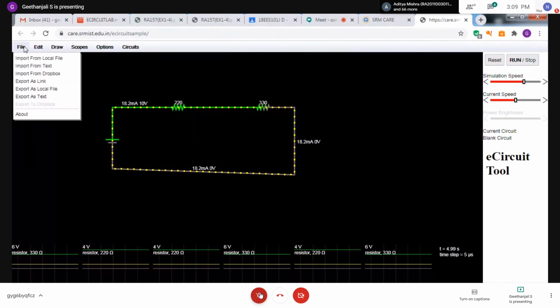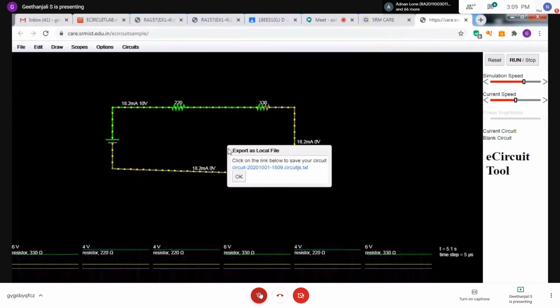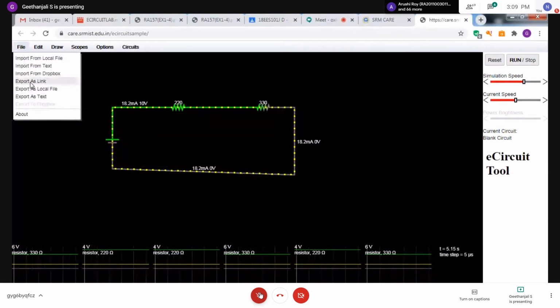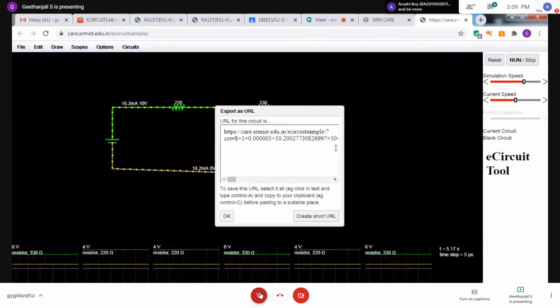After you complete your circuit, you have to save. Export as local file, and save it that way. Export as link means you can get the circuit as a link.